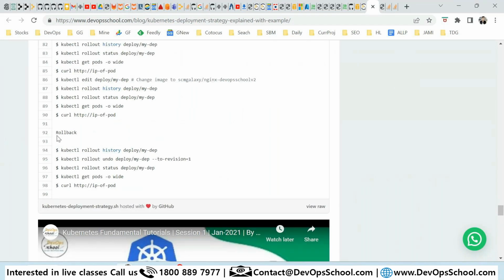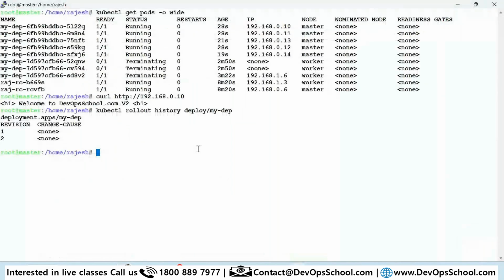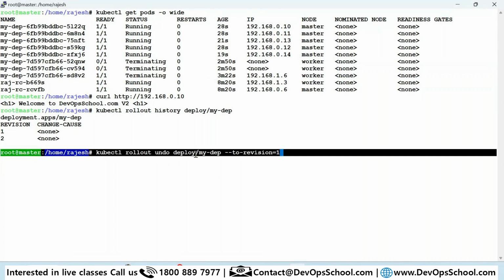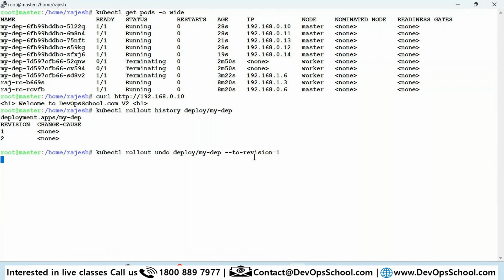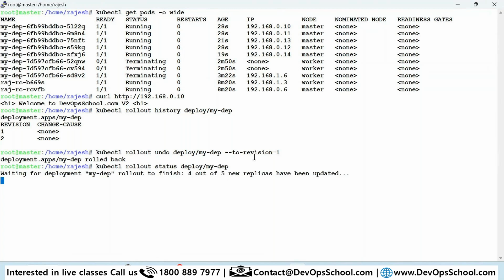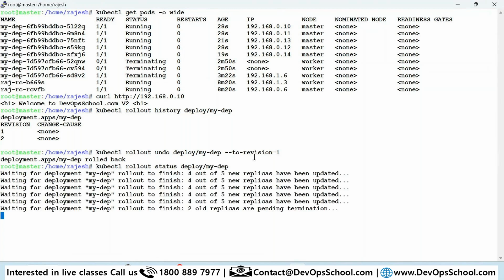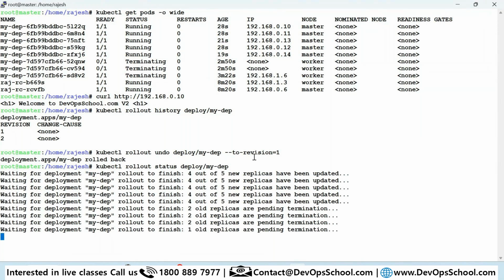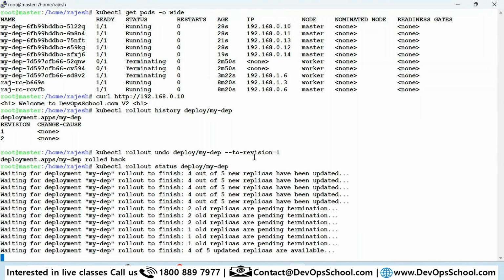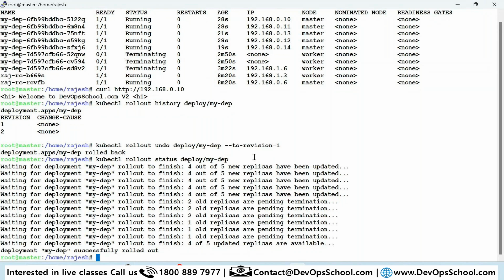Can I do the rollback? I want to roll back to v1. So kubectl rollout undo, name of the deployment, to revision 1, enter. Rollout status, one by one it will roll back. Done, guys. Can we check the pod now?